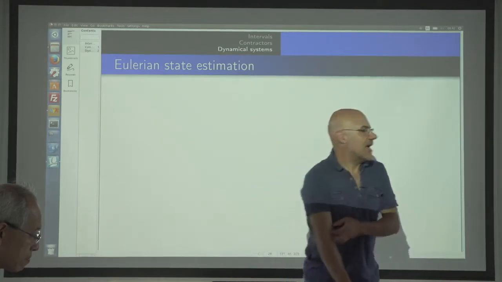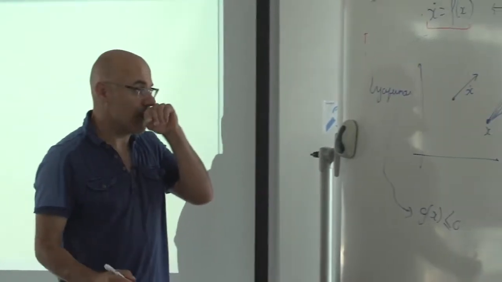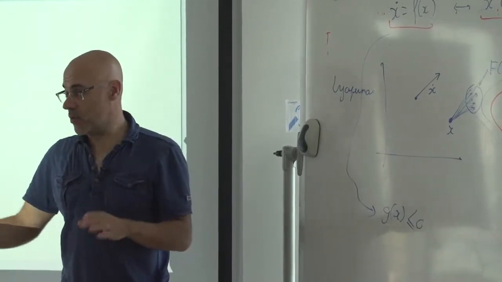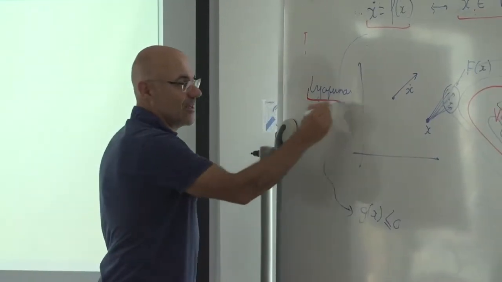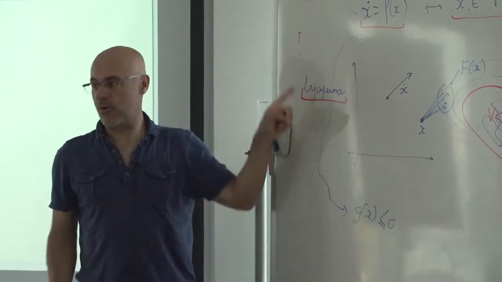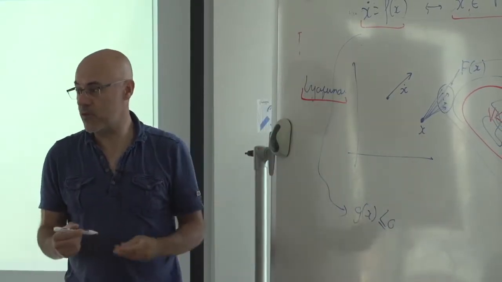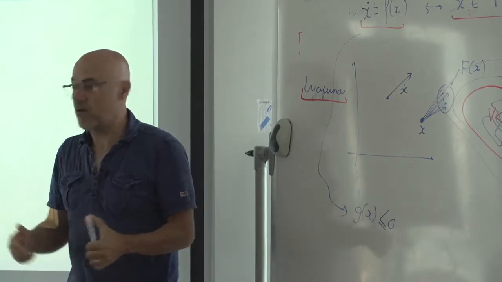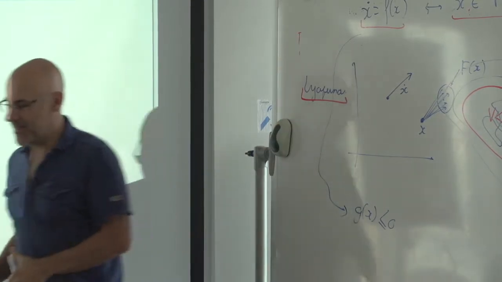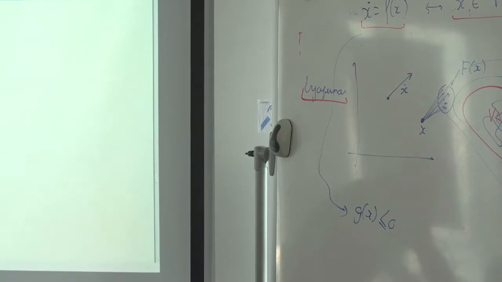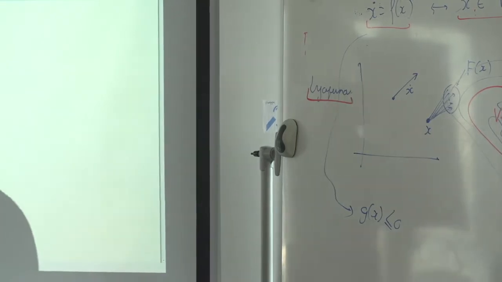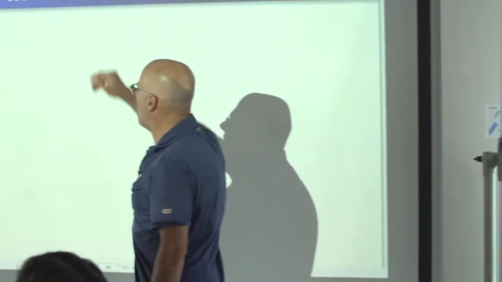So now, the problem with the Lyapunov method is you need to have a lot of intuition. It is the case if you have a sailboat, but when you have a general system, it cannot work. You have no intuition, like with a Van der Pol system. You have no intuition of how it... So I will deal with a specific example, and it is what I call a Eulerian state estimation.